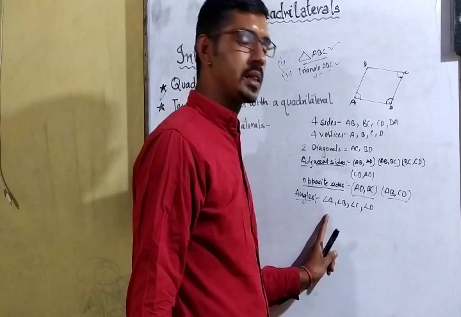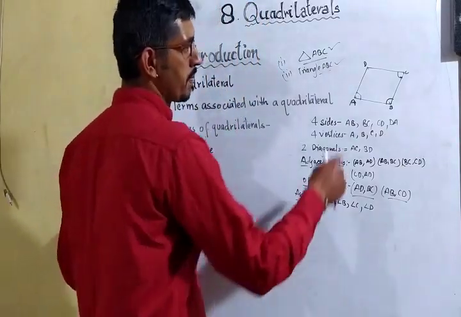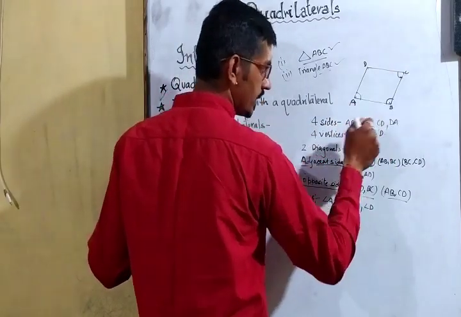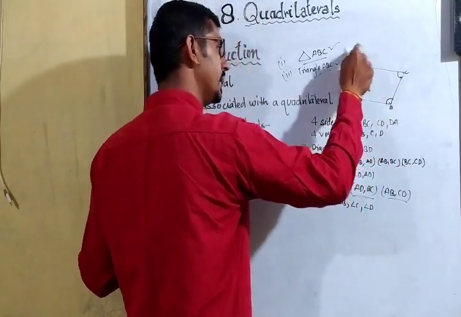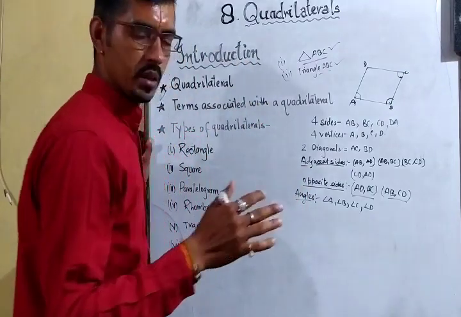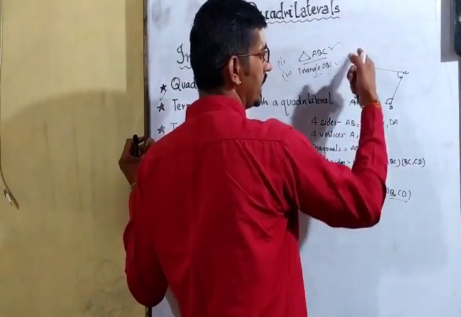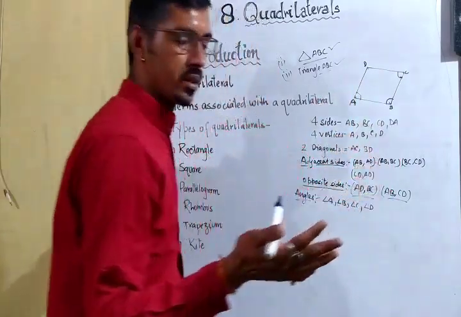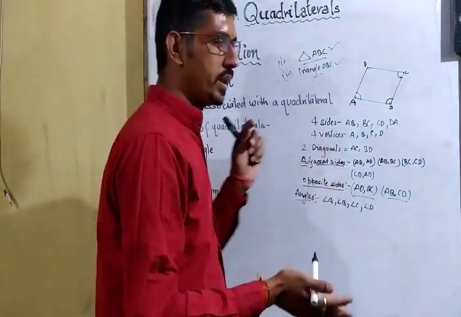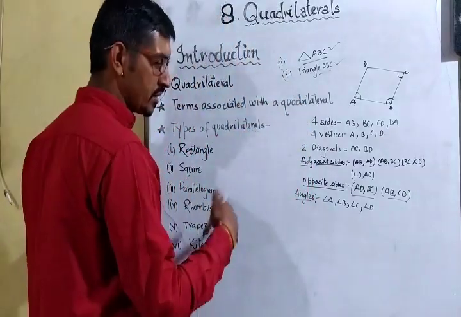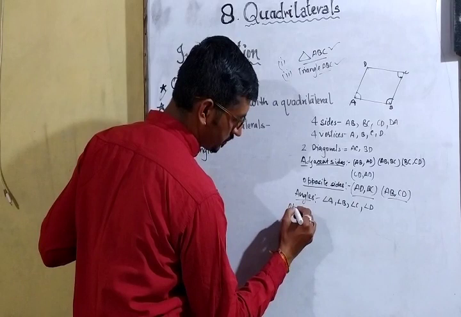Now, इन angles के नाम हम कैसे भी बोल सकते हैं? DAB as well, ABC as well, BCD as well, and CDA as well. Okay, और whatever you can BAD भी कह सकते हैं, ADC भी कह सकते हैं. That means according to the question we will use the name of angles. Okay, now angles done. Now opposite angles.